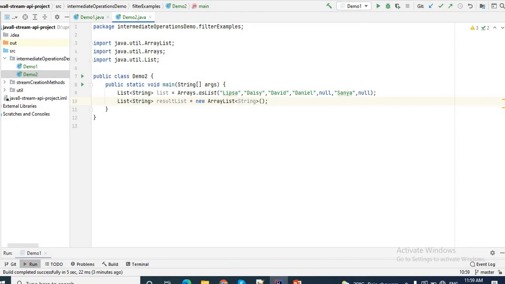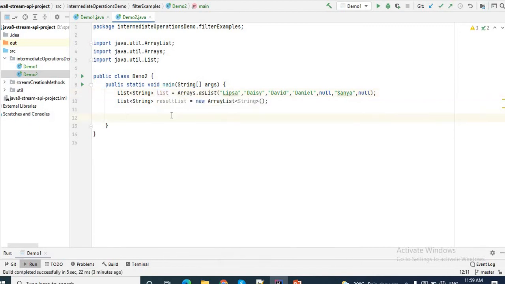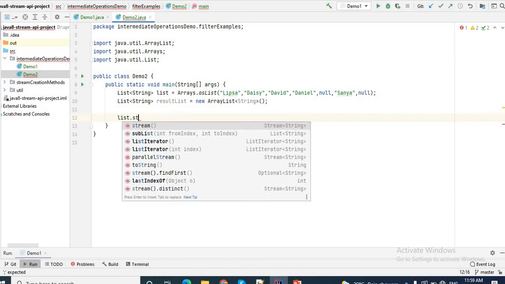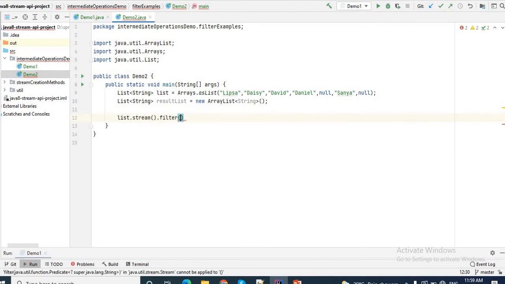Now I'll use the filter concept on it. How can we do this? Let's check. Here we will use multiple filter conditions. I'll first convert this list to stream: list.stream. Then I'll use filter, which accepts a predicate. Here we have two conditions. First I'll give the argument, let's say name. Then I'll add the condition: name not equal to null.